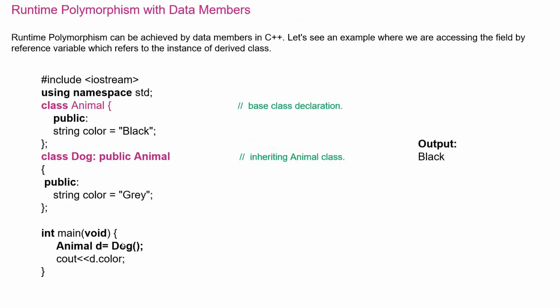Now see runtime polymorphism with data member. Runtime polymorphism can be achieved by